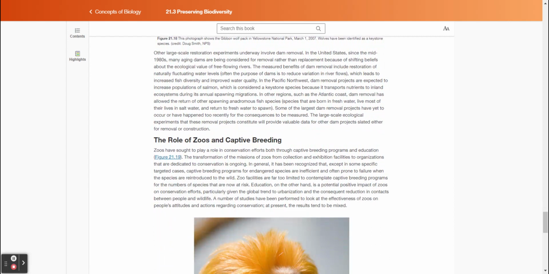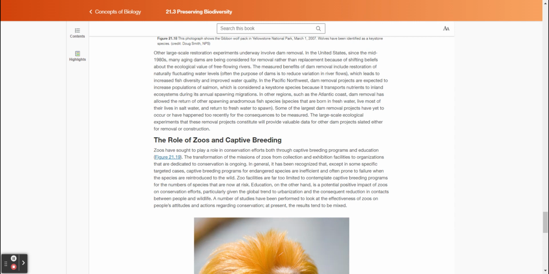Other large-scale restoration experiments underway involve dam removal. In the United States, since the mid-1980s, many aging dams are being considered for removal rather than replacement because of shifting beliefs about the ecological value of free-flowing rivers. The measured benefits of dam removal include restoration of naturally fluctuating water levels. Often the purpose of dams is to reduce variation in river flows, which leads to increased fish diversity and improved